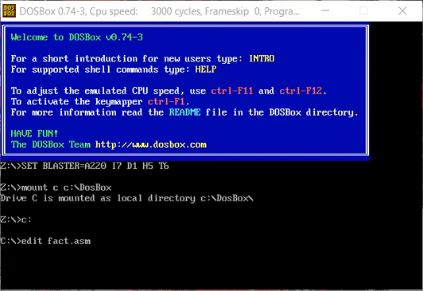To find the factorial of a number n, we have to repeatedly multiply the numbers from 1 to n. We can do the same by multiplying the number and decreasing it until it reaches 1. So the sequence will be: in the program we take the number into a counter register, then decrease it and multiply. If the result exceeds the range of 16 bits, then the 32-bit result can be found in the registers DX and AX. After that, we store the result into memory offset